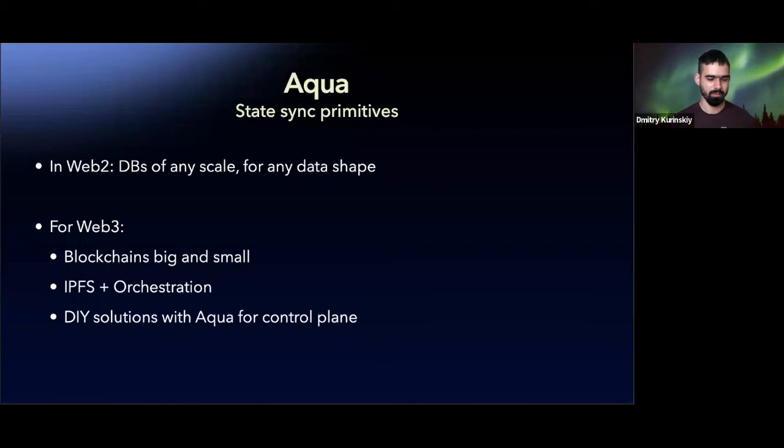Aqua and Marine and Fluence provides access to the disk. Sandbox has access to the disk, to the persistent storage, more or less persistent, and often that's enough. What do I mean by that's enough? I mean that you can take this capability and add some algorithm like Raft built on Aqua to replicate the data.